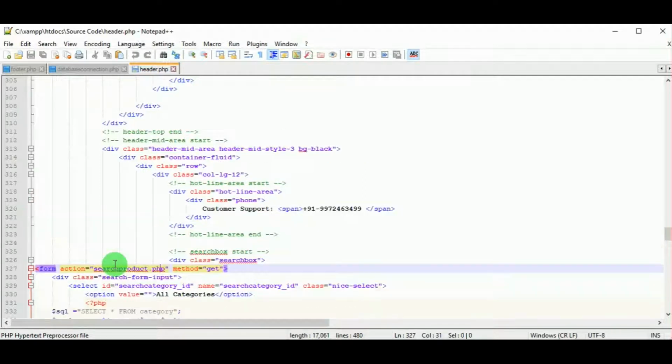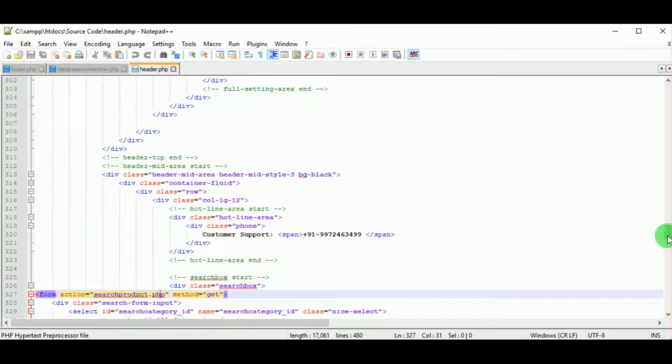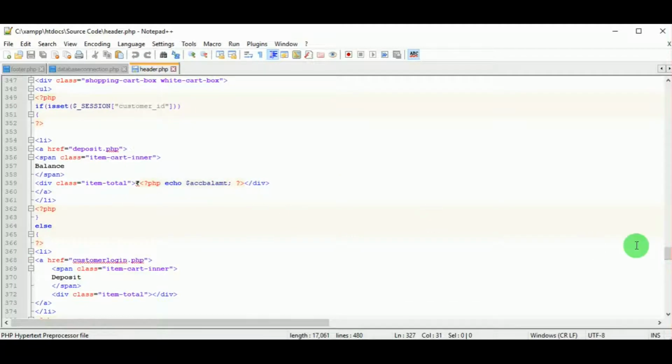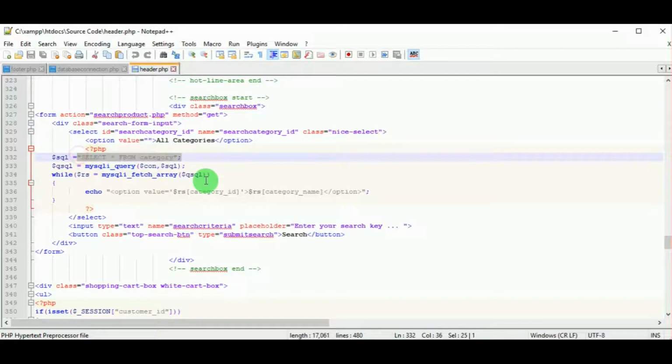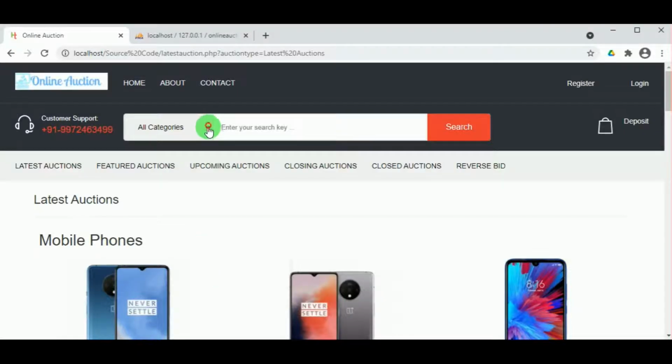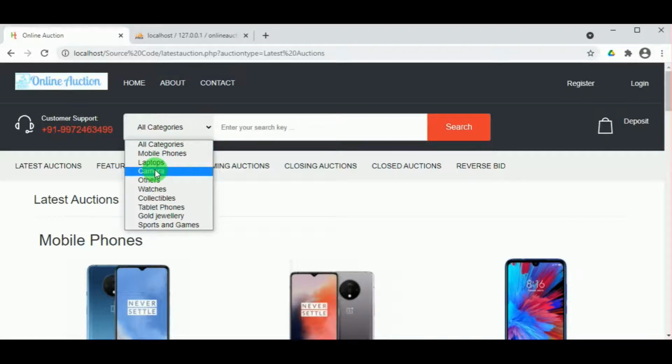And you can see here the select star from category MySQL query. Using a while loop we are fetching all the records that are present in the categories. On clicking on categories, you can see the different options there. These are fetched from the database.